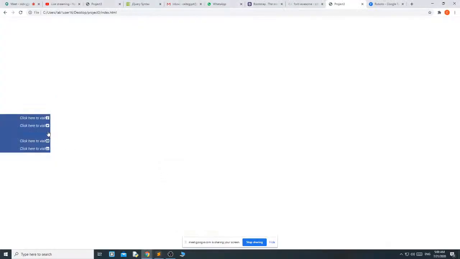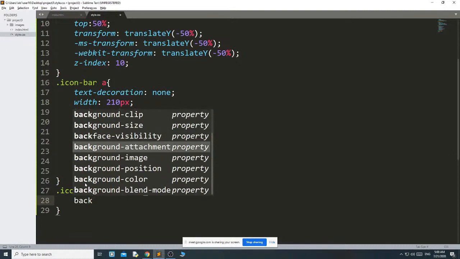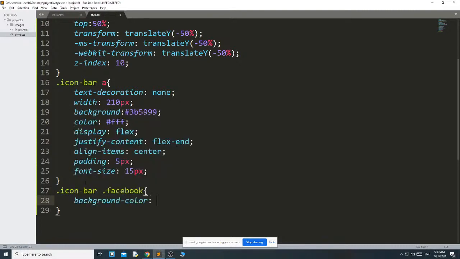Then we will design the icon bar elements, the icons. Dot icon bar dot facebook. First one is Facebook. I just give the background color. Facebook background color is the same thing, 3b5999.